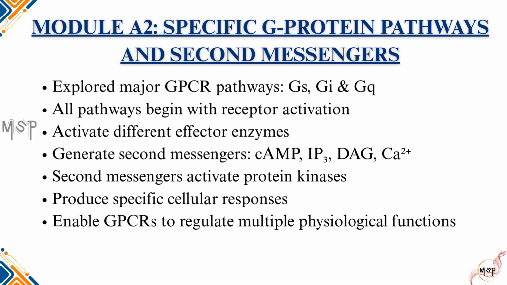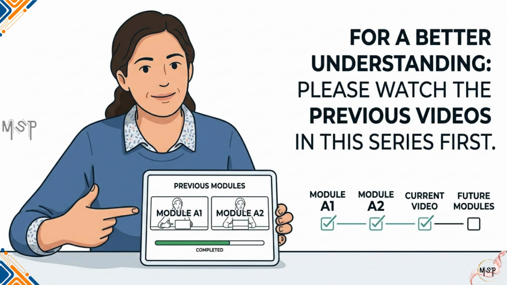These enzymes generate key second messengers, such as cyclic AMP, IP3, DAG, and calcium, which activate specific protein kinases and elicit targeted cellular responses. Together, this signaling network allows GPCRs to control a wide range of physiological functions across the body. If you have not watched Module A1 and A2, please watch the previous videos in this series for better